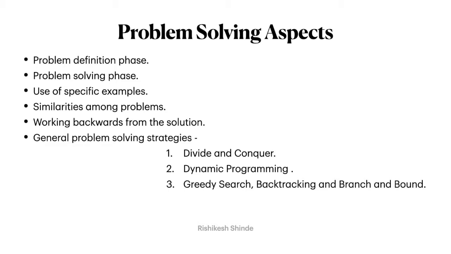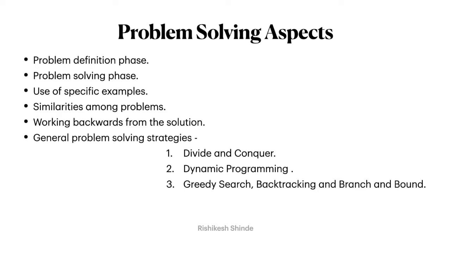The third one is use of specific examples. This is a useful strategy when we are stuck during the problem solving stage. For example, if we want to find out the maximum from a set of numbers, then choose a sample set of numbers and find out the maximum from that set, and find out the strategies used to solve that small and specific set of elements. This approach will help us in solving the general problem. Geometrical or schematic diagrams can also be created to represent certain aspects of the problem.